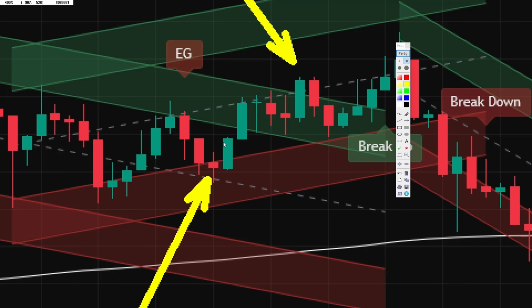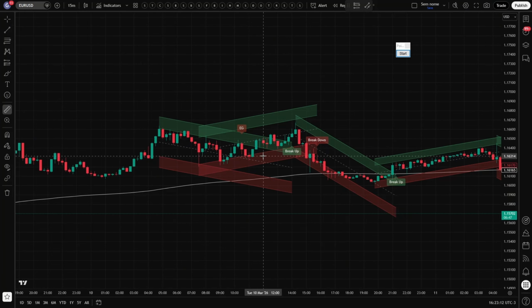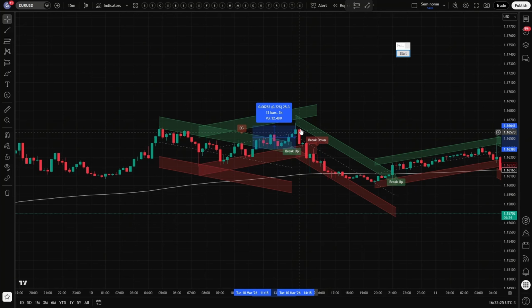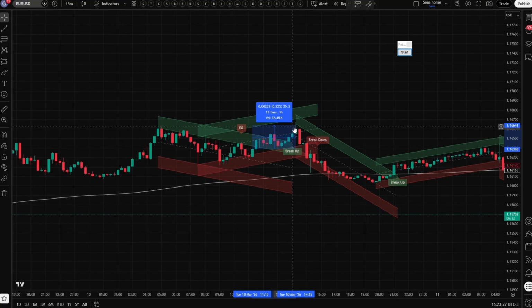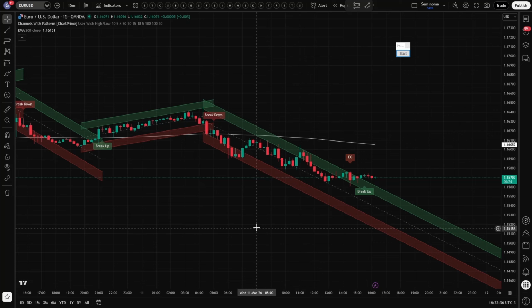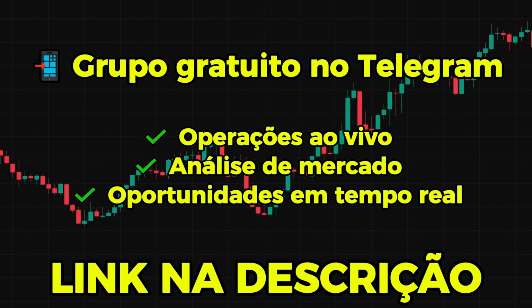Therefore, in this scenario, we could have initiated a buy order right here. This purchase would have been executed precisely at the completion of the candlestick. Typically, we set the stop loss just beneath the last low at 0.11 and our profit target is twice that at 0.22. The price swiftly reached this point, subsequently attempting to climb towards the upper channel. Now observe the distinction in the downtrend,